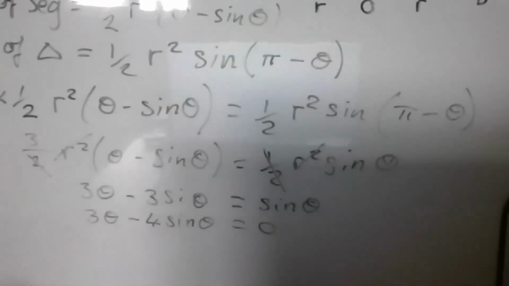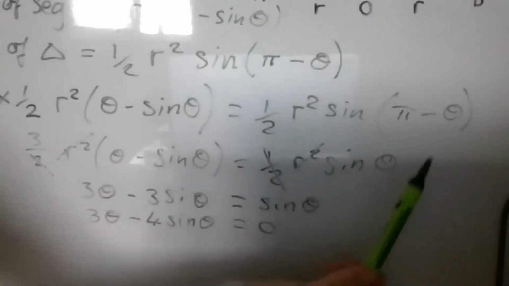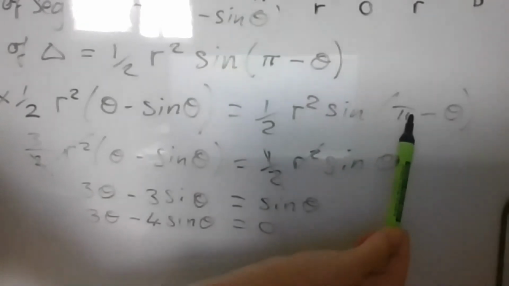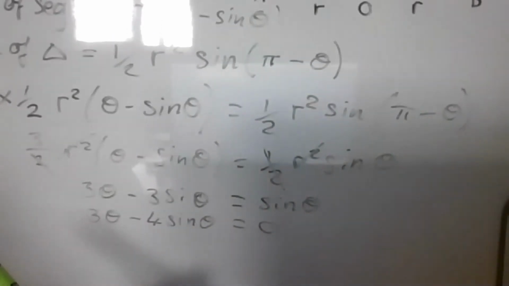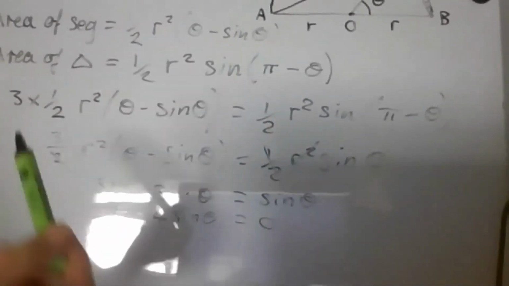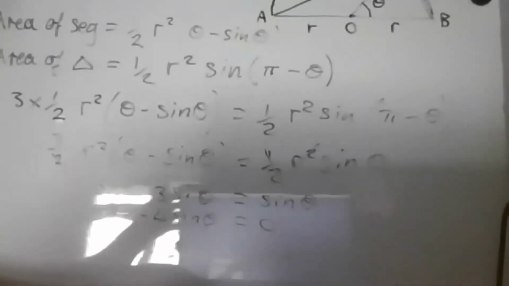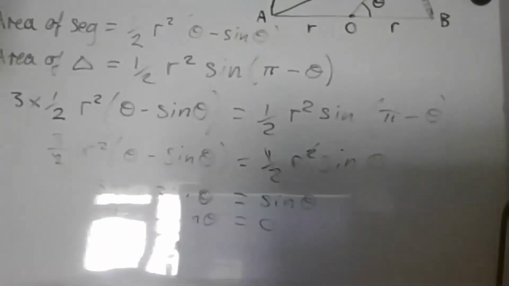Okay, so that's the end of that. The key bit to that was actually knowing that sine of pi minus theta is the same as sine theta. So you need to watch out for little tricks like that. There's a lot about trigonometry that depends on you really knowing your facts about trig graphs well. So you should be in a position now